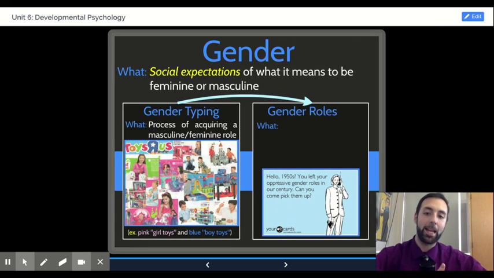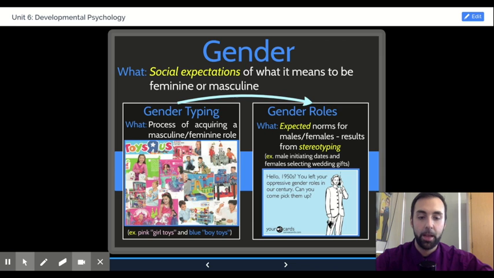The toys that are geared towards and advertised towards, whether it's males or females, are very clearly based on the cultural expectations of what it means to be masculine or feminine. The process by which a child undergoes, whether it's seeing what their parents do, going to Toys R Us, watching movies, watching TV shows, the process by which a child acquires what's called a gender role is the process known